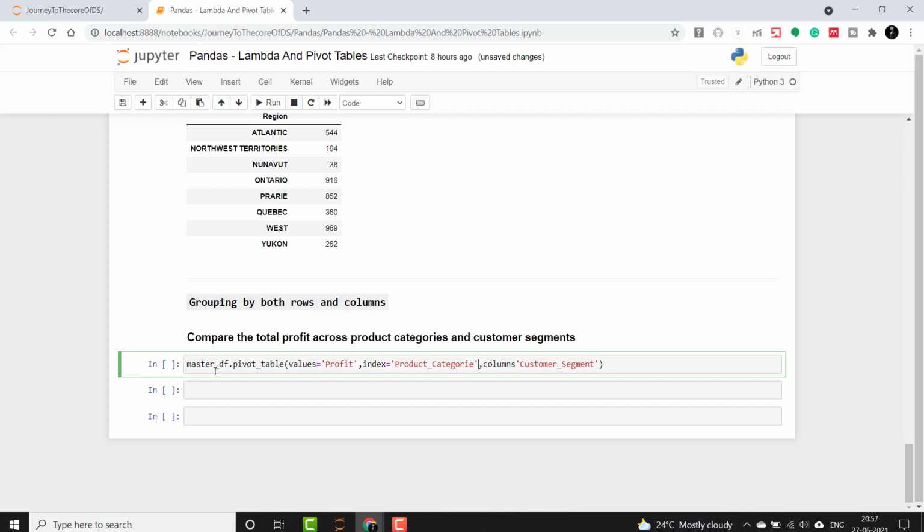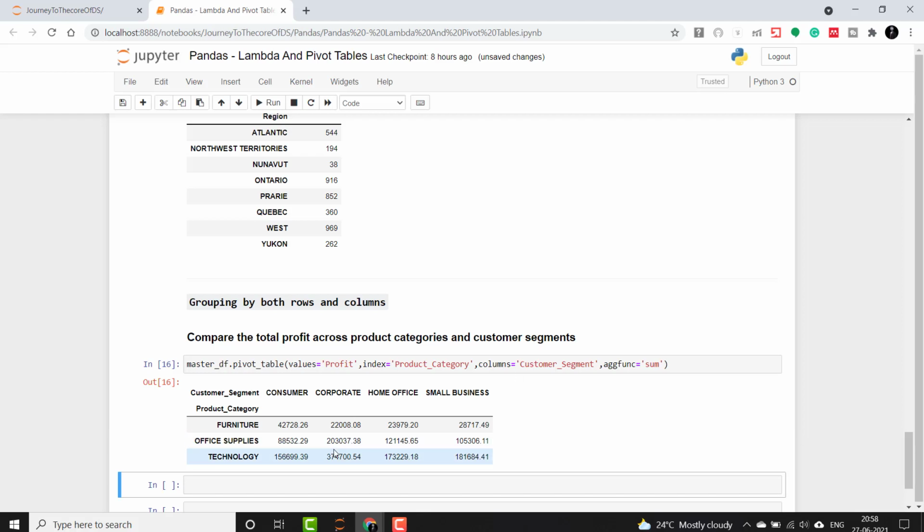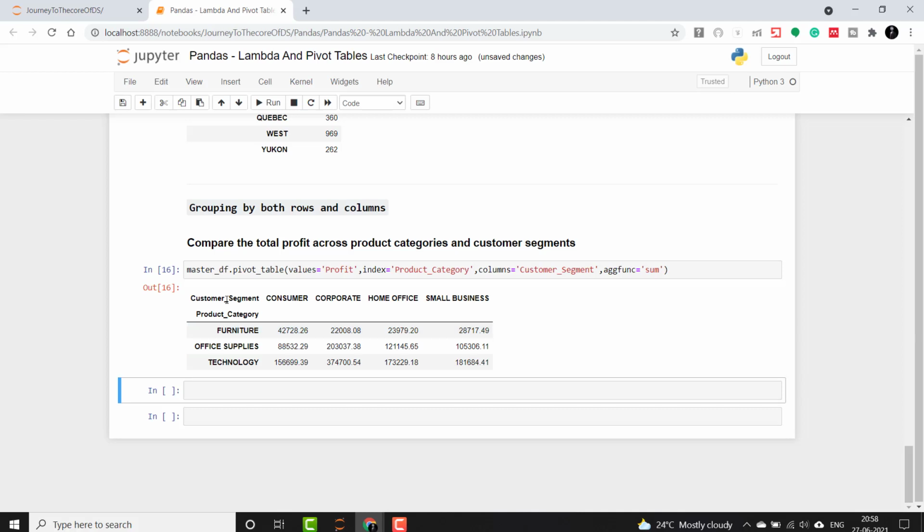Okay, there is one thing to note here guys, that these are interchangeable. So as you want the result to be printed, you can either change this customer segment to the index position or you can do it either way. Okay, and then we will provide aggfunc equals to sum. So you will see here that it will be printed just like a pivot table with subcategories, having both rows and columns as the group bys.